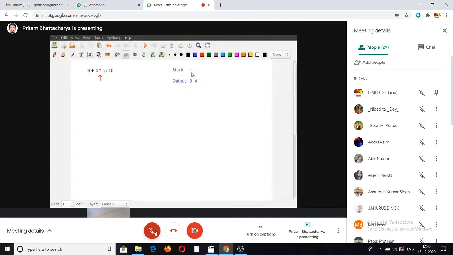Yeah, now the stack is not empty. The stack already contains another operator which is plus. Now when this happens, you need to actually compare the precedence of plus with star. At this point, since star is a strictly greater precedence than plus, that's why star gets to push itself into the stack, and you advance.